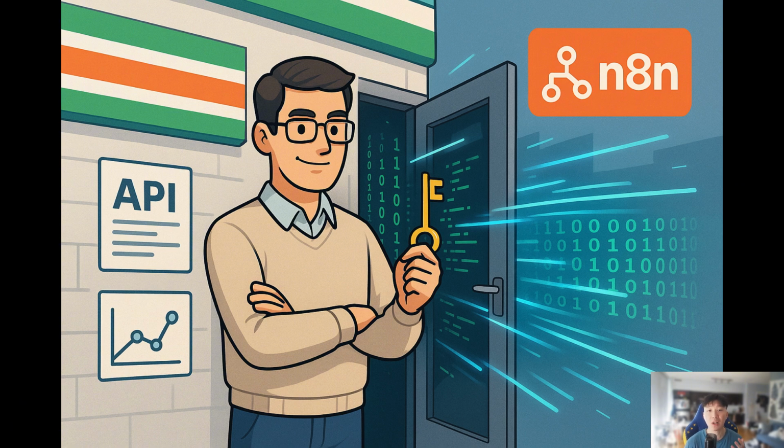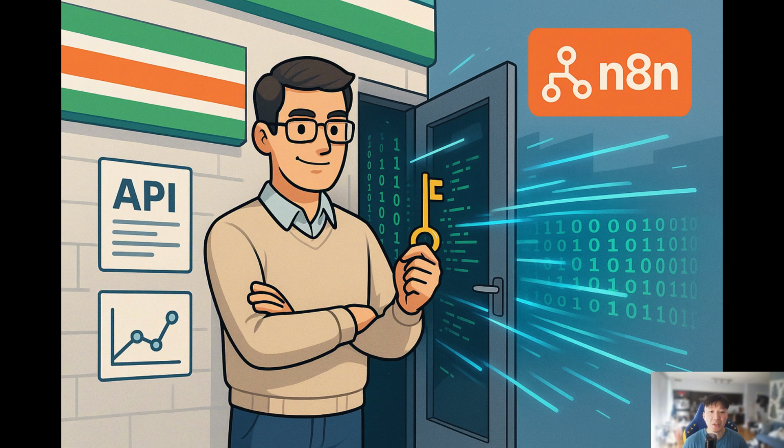So first off, what is API? Imagine an online service is like a convenience store. So normally, how do you interact with it? Of course, you walk in through the front door, browse the shelves, pick up the products, and check out. And this front door is what we call the front-end UI, which is the website interface you see when you